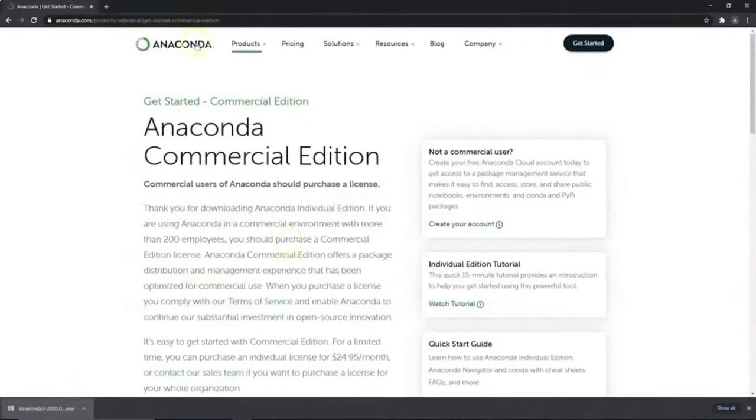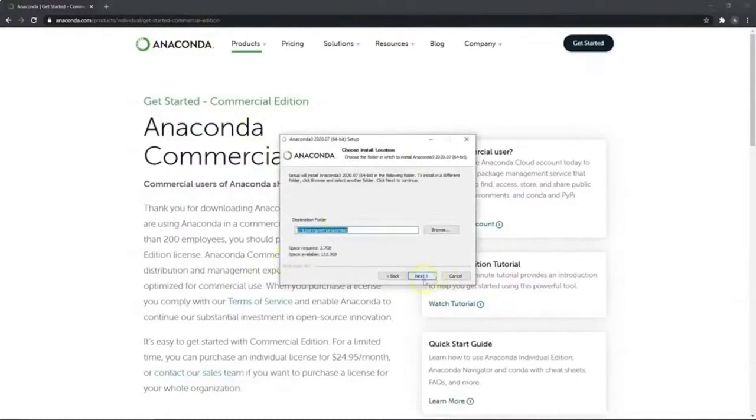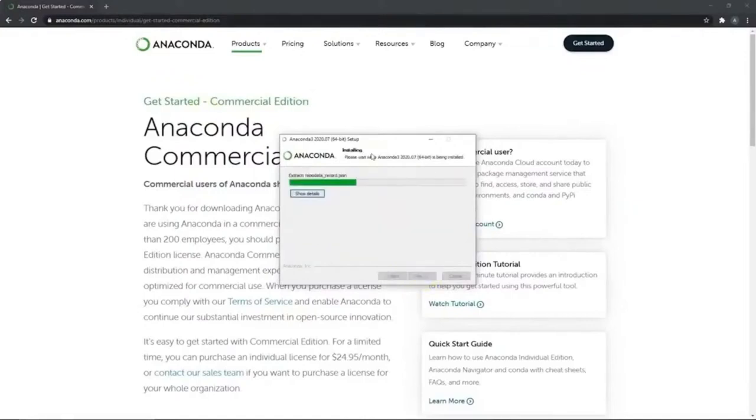Upon opening it, it will open up this installation window. You can just click next on most of these. Again, if you want to specify your destination folder, you can change it here. Mine will be the default folder in the C drive, and you can leave this unticked. You can change these options much later. So this is how you install Anaconda on Windows, and it's pretty much the same on other systems as well.